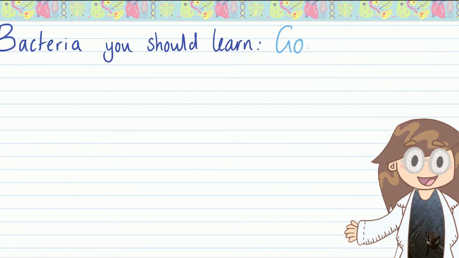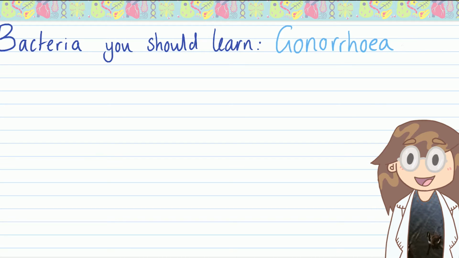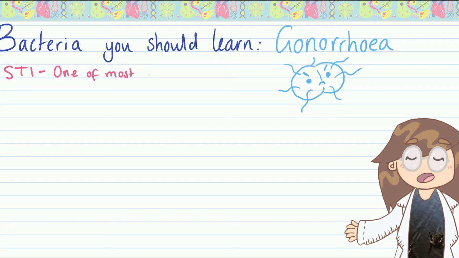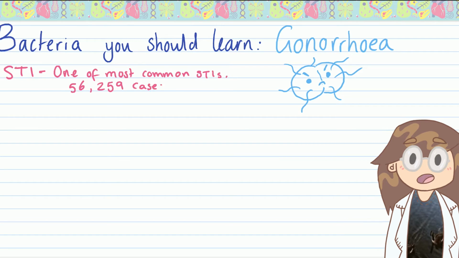The second of our bacterial baddies is gonorrhea, a very common STI, sexually transmitted infection. In fact, it's so common that there were 56,259 cases of gonorrhea in the UK alone in 2018. Gonorrhea is an STI, so it is spread through people having sex, especially those who are not using barrier methods